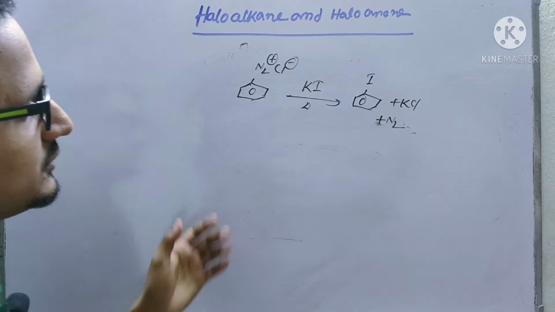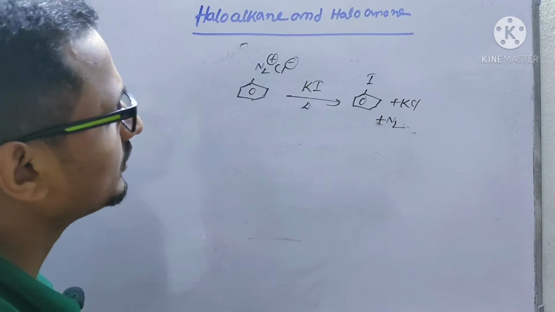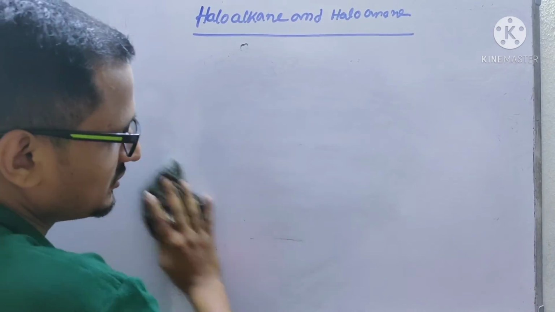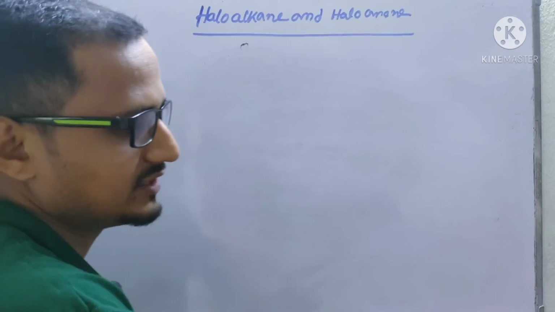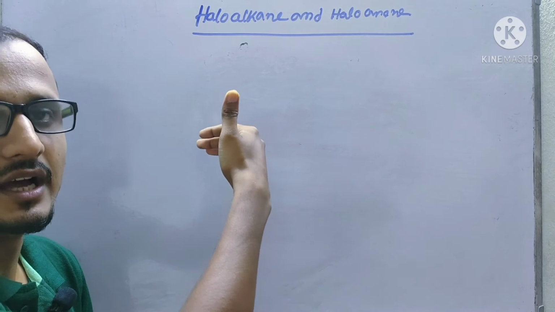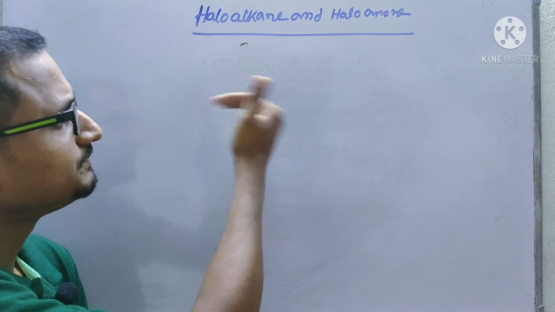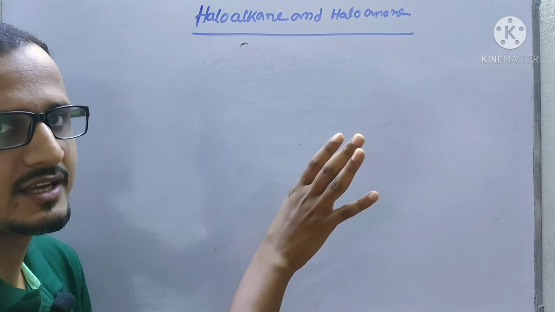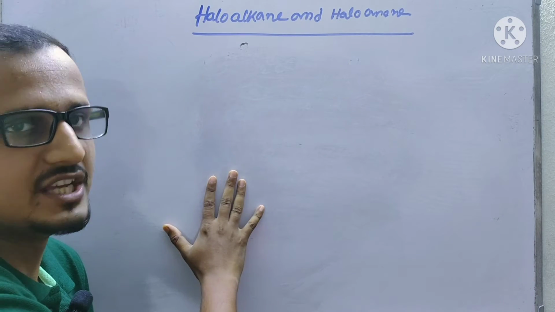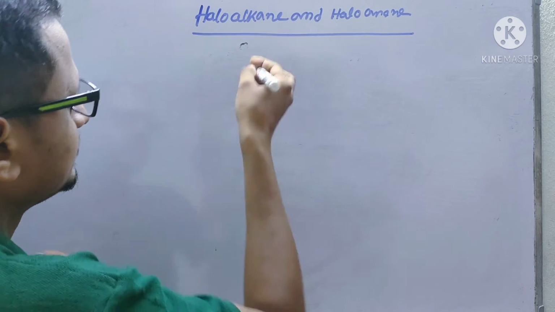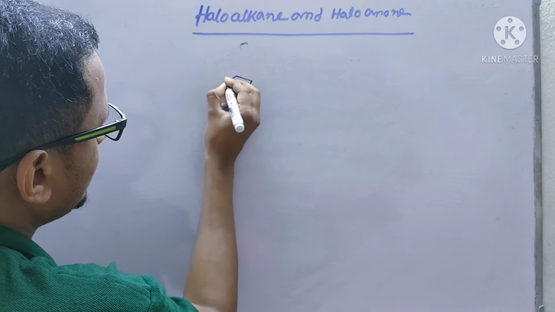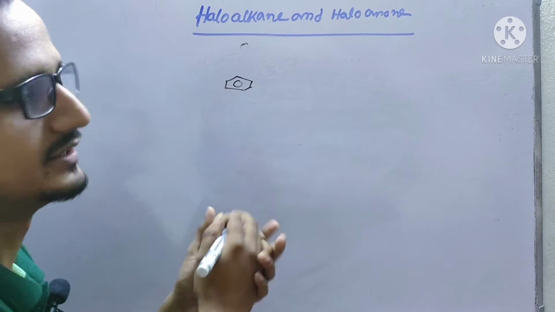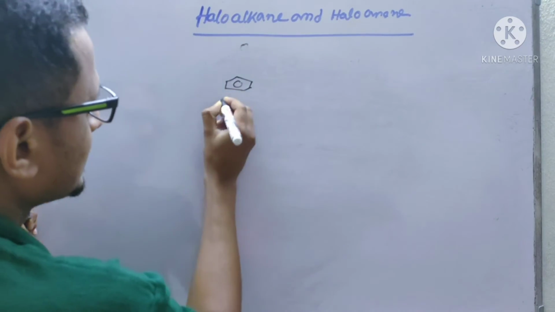Now, I think you have all understood. Now we will go to the reactions of haloarene. These were the formation, that means preparation, of haloarene. Now we'll go to the reactions of haloarene, that means how these haloarenes react with other reagents. Now say this is a benzene. First of all, just make a haloarene. This is benzene.